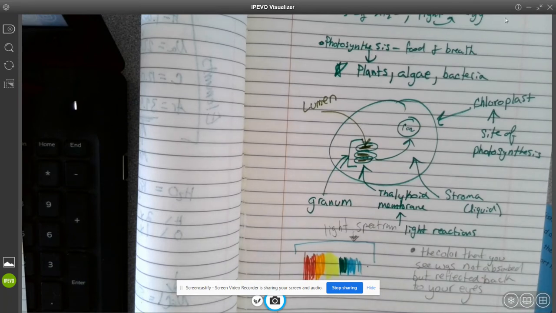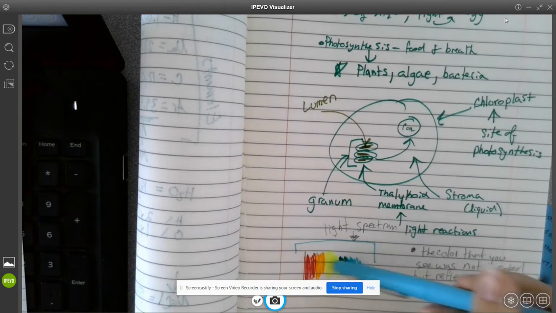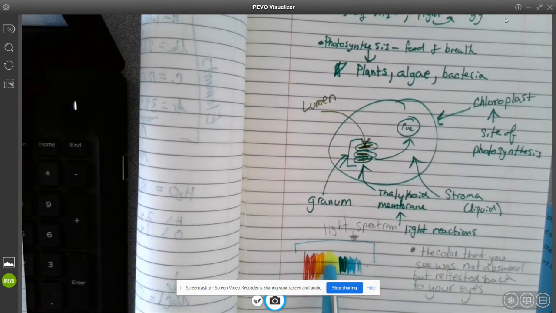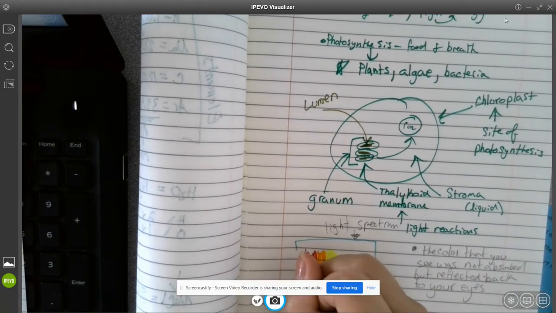So if I see a red chair in front of me, that means that red is being reflected and all my other colors of the spectrum have been absorbed. If we look outside, we can see the green leaves. And this means that the green leaves are reflecting the color green back to us, and they're absorbing every other color in the spectrum. If we recall specifically what is called chlorophyll,